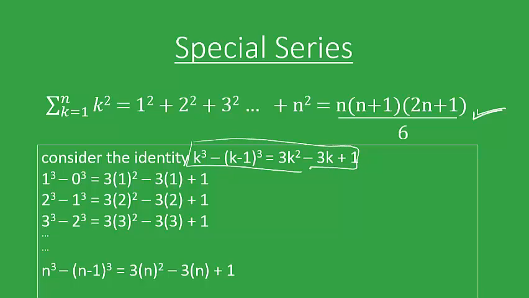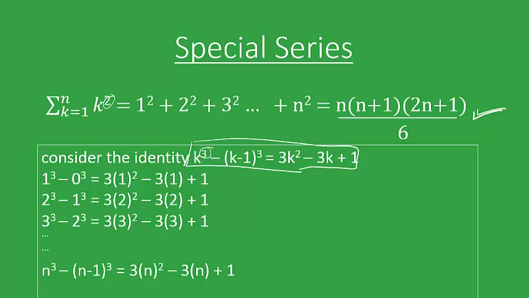An identity which contains the difference of two particular sequences, k cube minus (k minus 1) whole cube. So these are the two particular numbers we consider, and as you will see, the power here, that is 3, is one more than this particular power 2. So we'll always use this generalized property. We'll take the difference of two numbers with only a higher degree than the particular sequence of which the sum has to be found. So we'll take k cube minus (k minus 1) whole cube as our